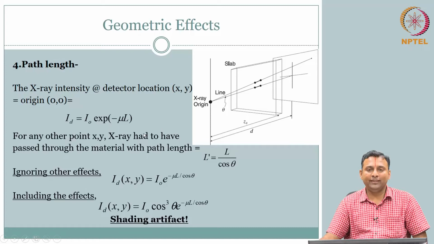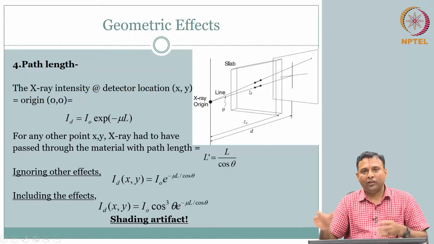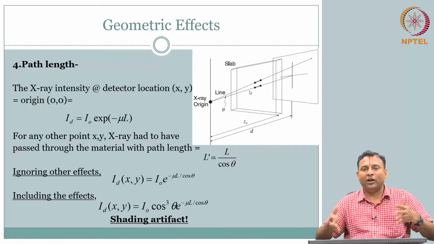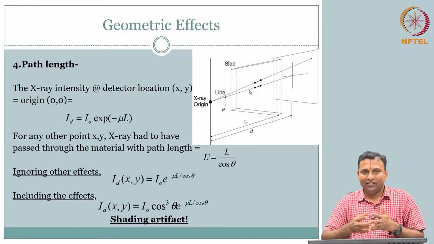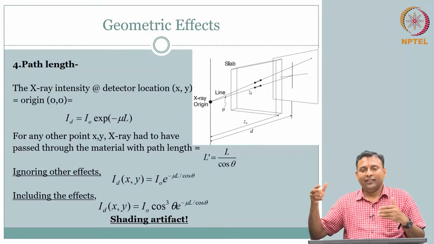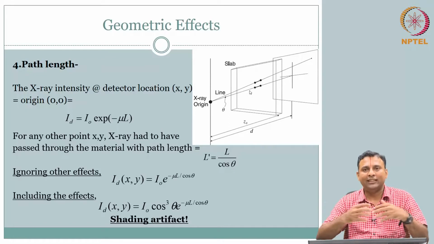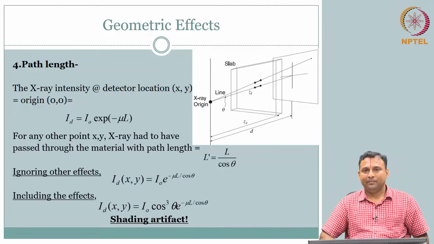So what we will do now is quickly move forward. So much for geometry. Is that all? Is there any other problem that we are anticipating? Is there any other aspect of the instrumentation that is going to affect our image, beyond your actual object f of x comma y having a variation? In other words, in your g of x comma y, what are the variations that you are going to see that are not due to variation in f of x comma y, but due to this system setup? That is what we are going after.